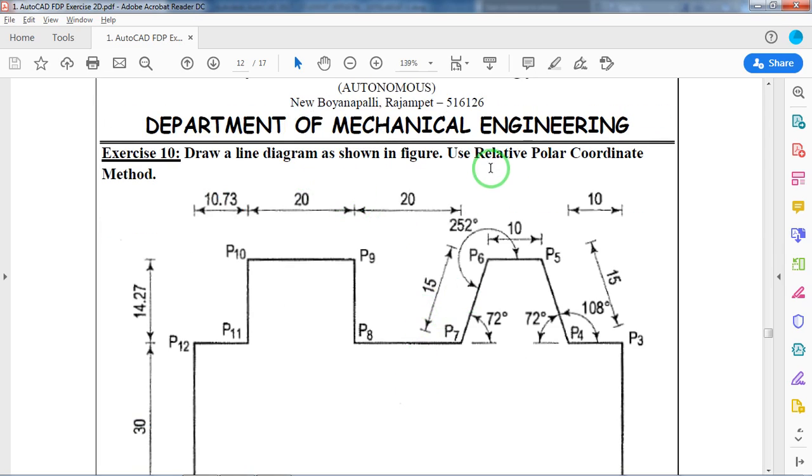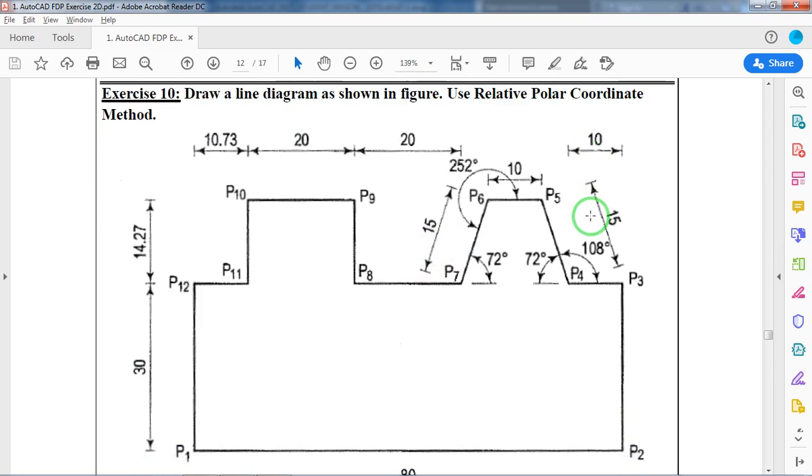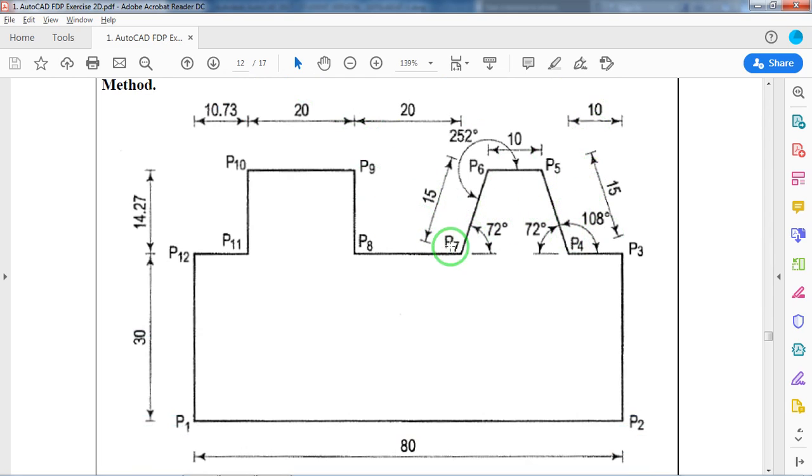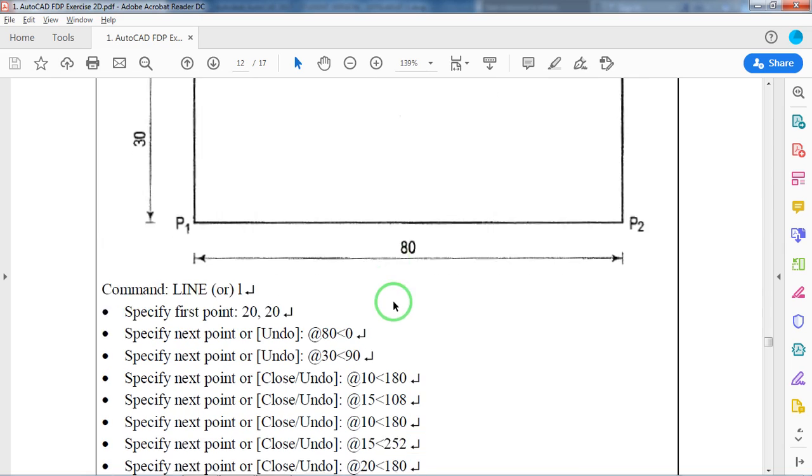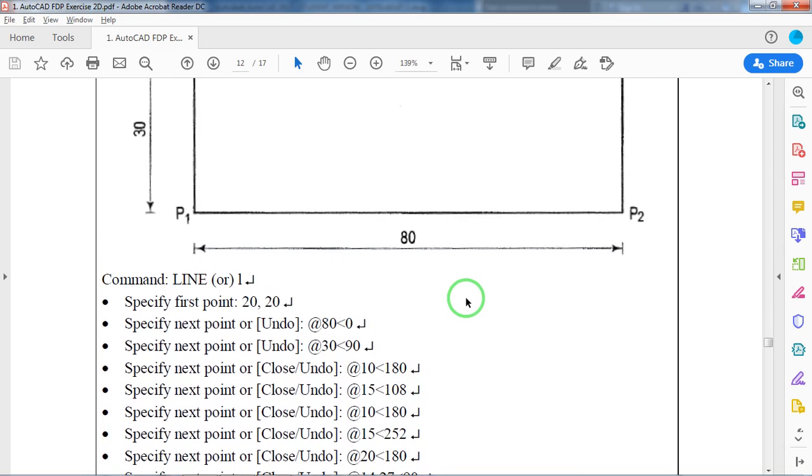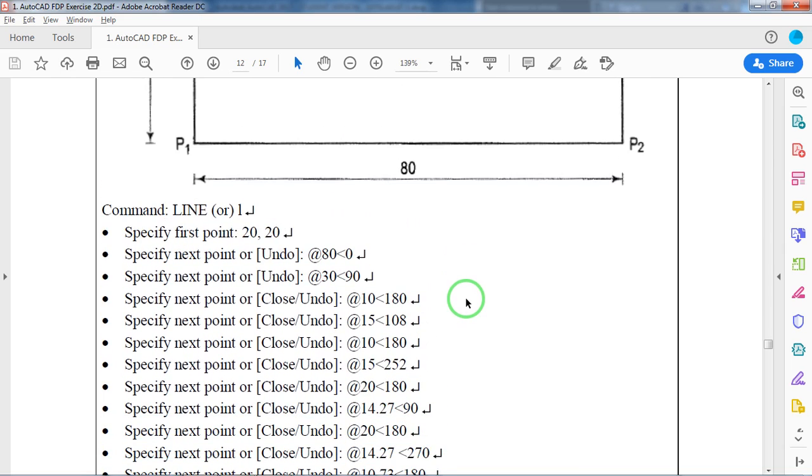Exercise number 10, relative polar coordinates we have to use, because we have angles here. Same thing, it's another method, but here the points are a little bit typical to estimate. Starting point P1 20, 20. P2 with respect to this point, x-axis 80, y-axis 0.